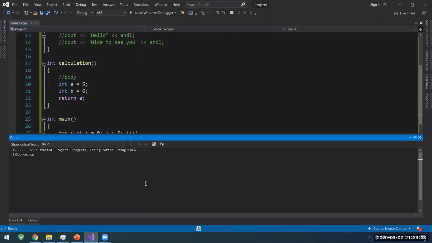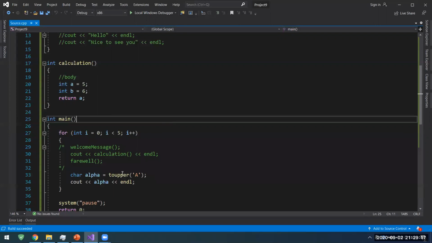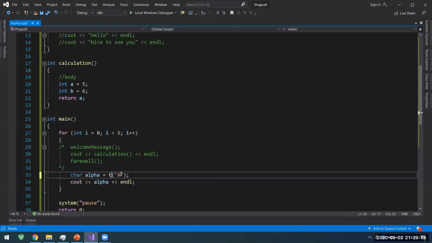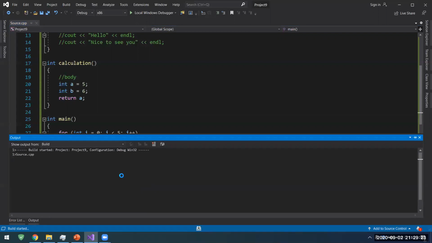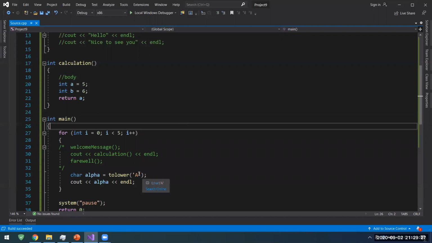Okay, so this time we are able to see AAA in capital, and if I make this one lower, then everything will be in lowercase. Okay, this wasn't our problem. In fact, our problem was that the toUpper and the toLower function are having something here known as